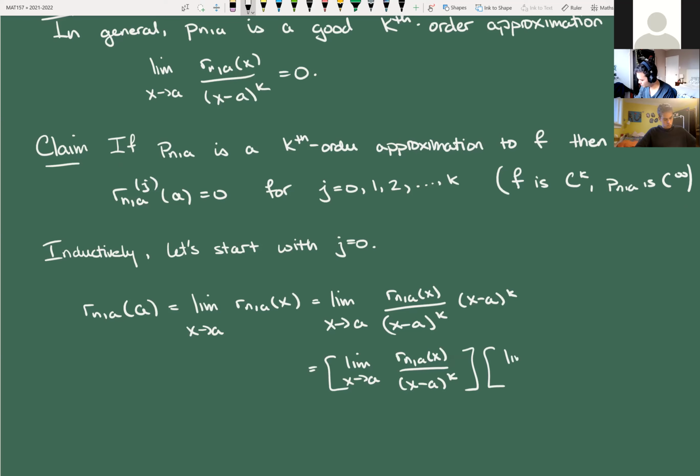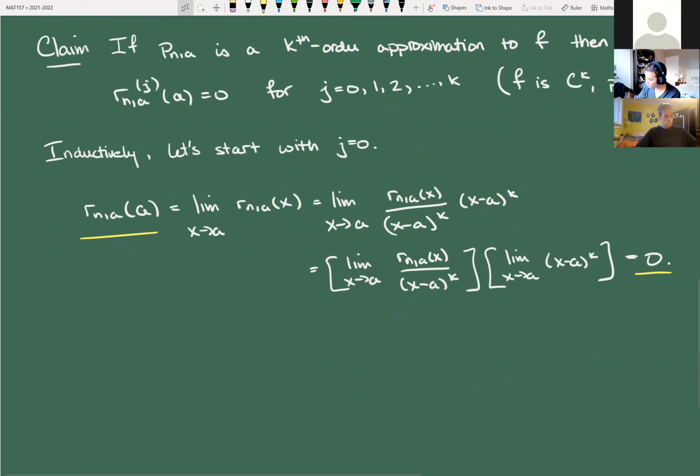Right? Limit as x approaches a of (x minus a)^k. Both of these things are 0. So that gives me, if I ignore all the middle stuff and just look at the beginning and the end, okay, so the 0th derivative here is 0 at a. That's what we assumed. In fact, we'd already talked about this though, right? We kind of demanded that this was true, but now we can prove that this is true if you're a good kth order approximation. Okay, so inductively now, suppose